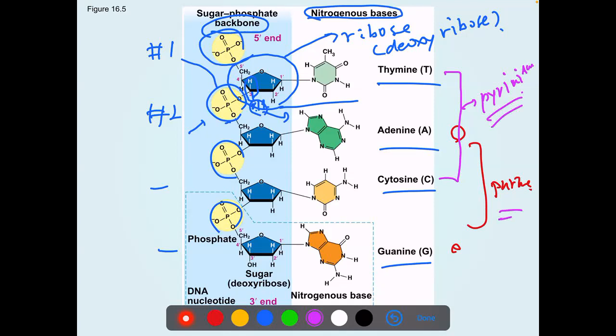So in any DNA molecule, one end is what we call the 5' end, with the 5' phosphate, and the other end is always a 3' OH group. It always starts with a 5' phosphate and finishes with a 3' OH group in the backbone. Okay, let me finish here for the first segment of this chapter 16, and I'll continue in the next segment. Thank you.